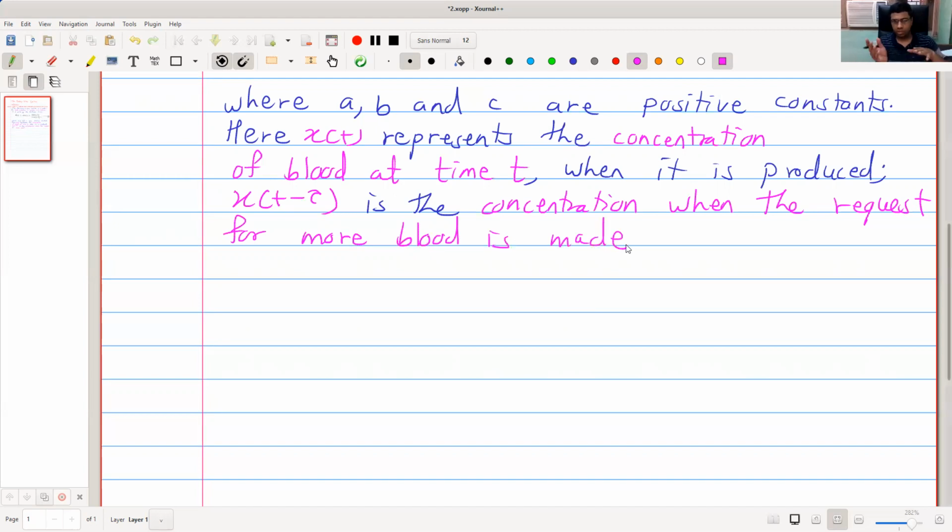Okay, so it is the earlier concentration in the past, at time t minus tau,